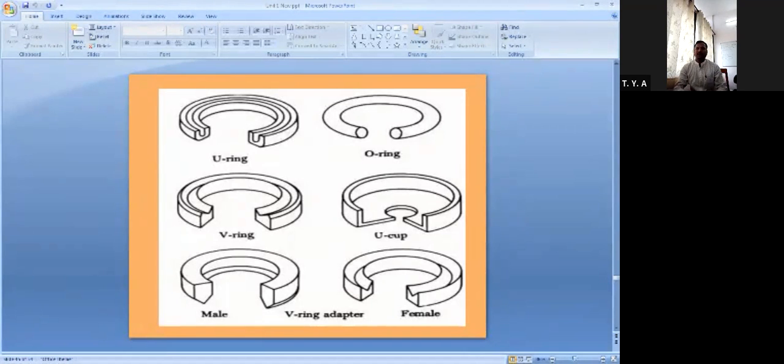So on the screen I have shown the different types of seals. Depending on the shape, we have the O-ring seal, then U ring seal, V ring seal, and the U cup shaped. Then in the V ring adapter we have the male and female part. So first we'll discuss this